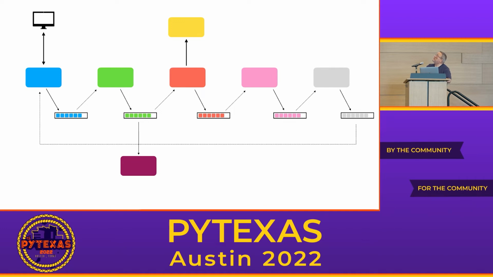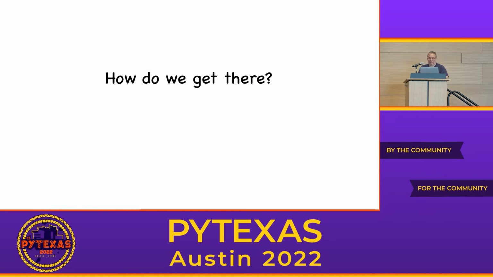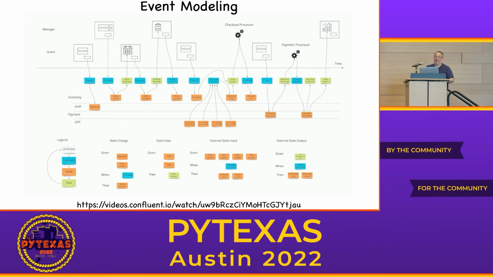All right, so that's the new scenario. So now how do we get there? The first thing to do in designing systems like this is define our events. Now, if we're designing a brand new system, which I envy you, that's always a fun place to be, I recommend something called event modeling. There's a video at that link there you can check out that talks about how that's used, but it's basically a system for